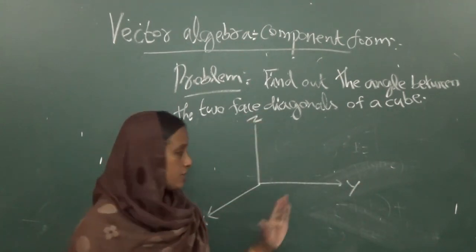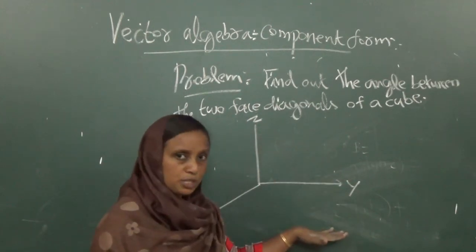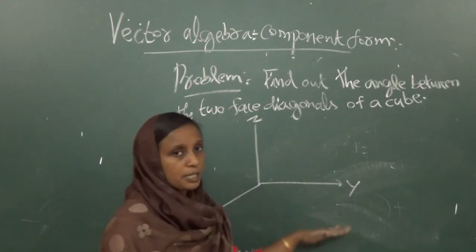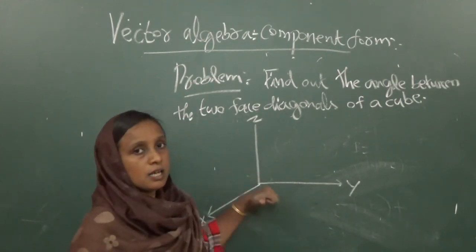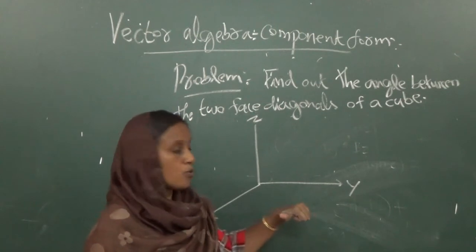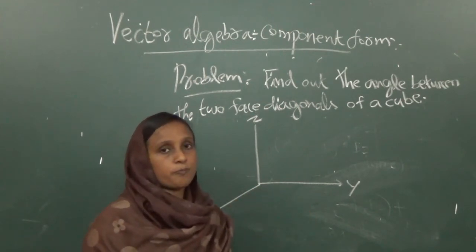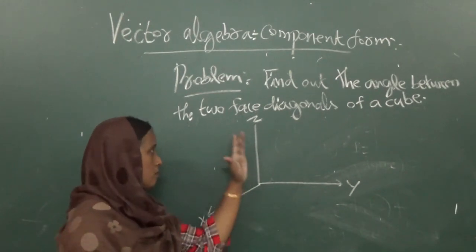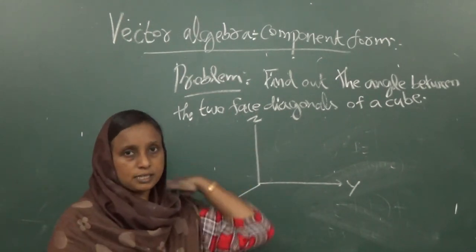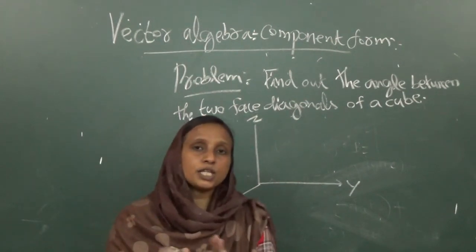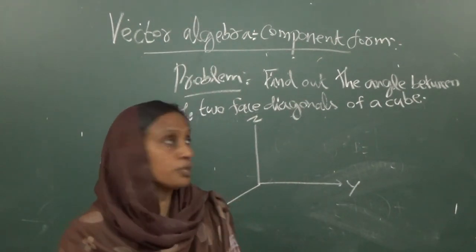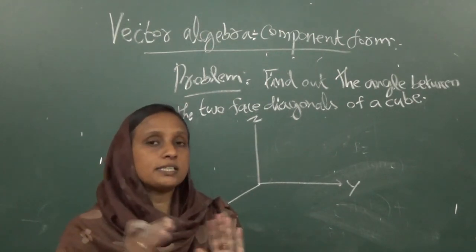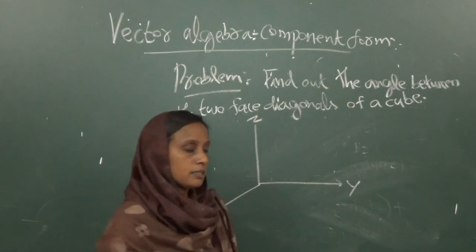We already said that our yz plane is this board: y-axis, z-axis. So the board is in the yz plane. The x-axis is outside the board, pointing outward. So we draw here an xyz coordinate system. In this system, we can draw a unit cube. To simplify the problem, we can assume a unit cube, all its sides having unit length.